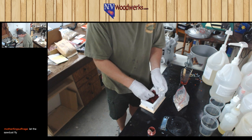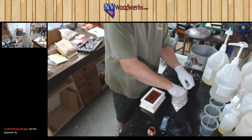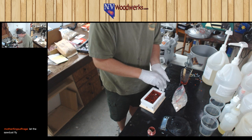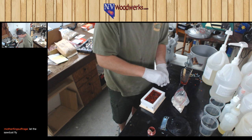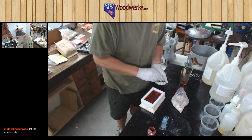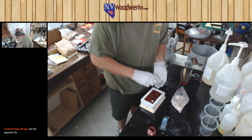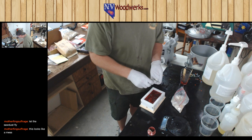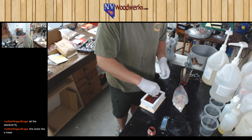The other thing is the addition of shoving things into the resin is going to mix it up. So you don't really need to stir it with the stick. If I wasn't adding anything into the resin, I would usually mix it with the stir stick, but this will give you a good amount of mixing without having to mess with that. And then once I get all these things in here, something like this where there's a dish to it, I'm going to try and make sure that that's filled up. And then I'm going to poke around with the stick and make sure